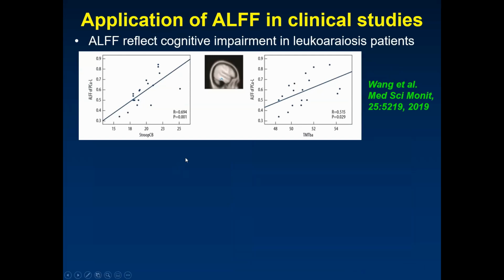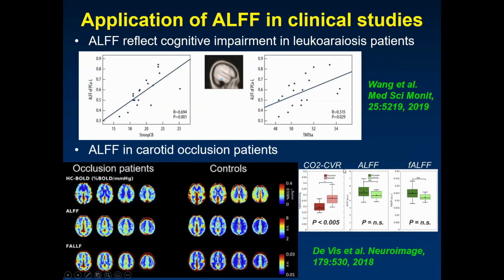For example, in a study with leukoaraiosis patients, it was shown that the ALFF values in the left precuneus are significantly correlated with the cognitive performance measured by the task scores in these patients. And in another study with carotid occlusion patients,